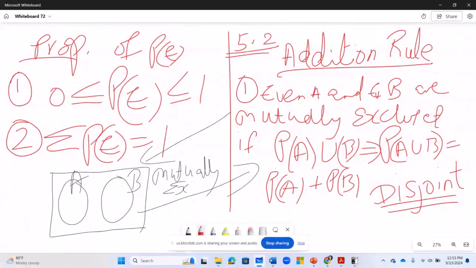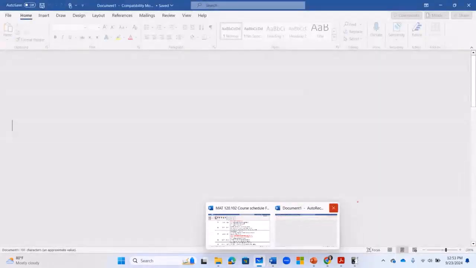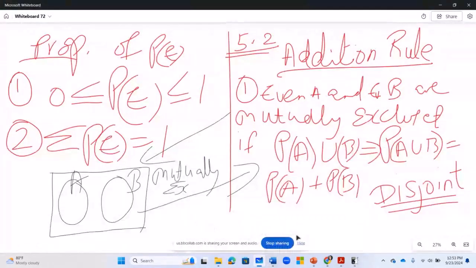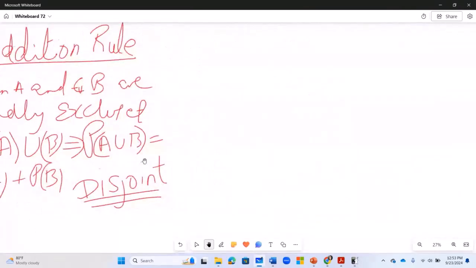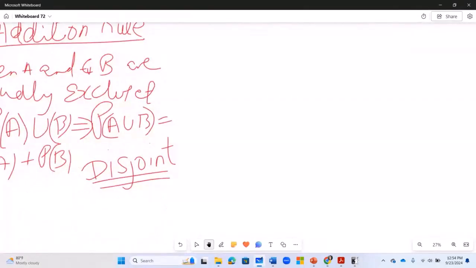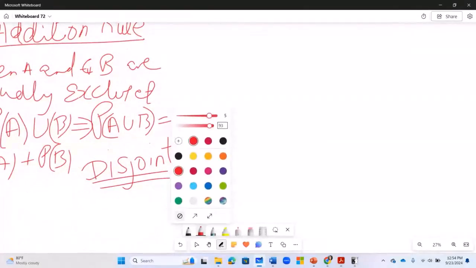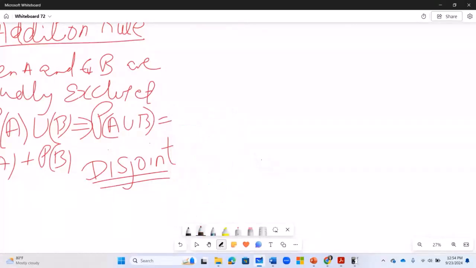There is no intersection. Even if somebody creates an intersection, let me see if I can move this out of the way. Okay, all right. So if two events are mutually exclusive,